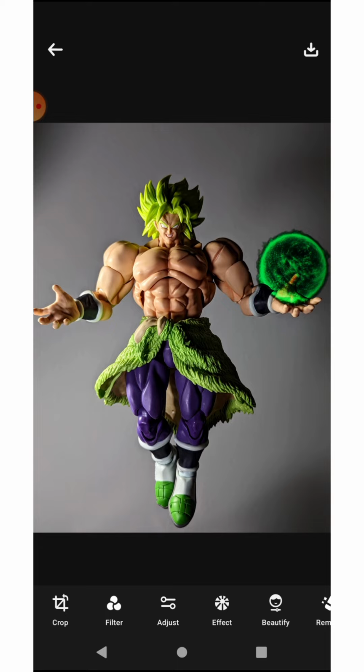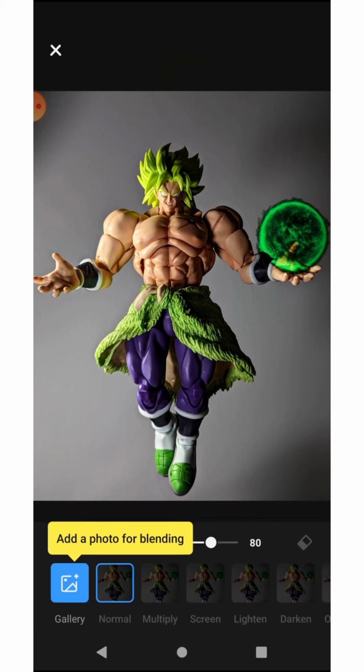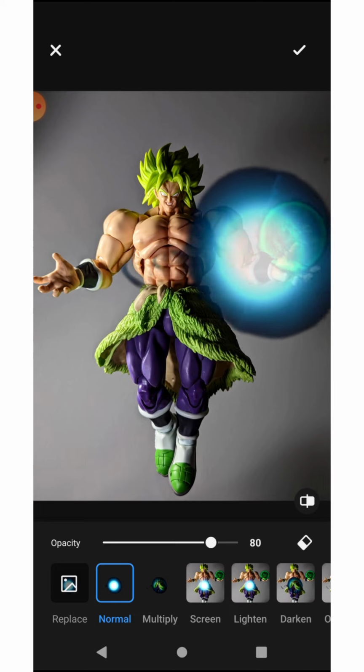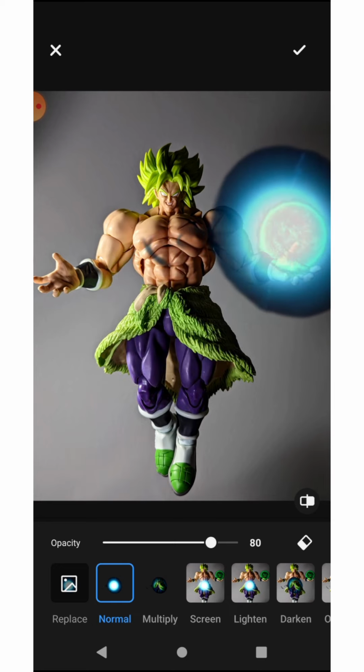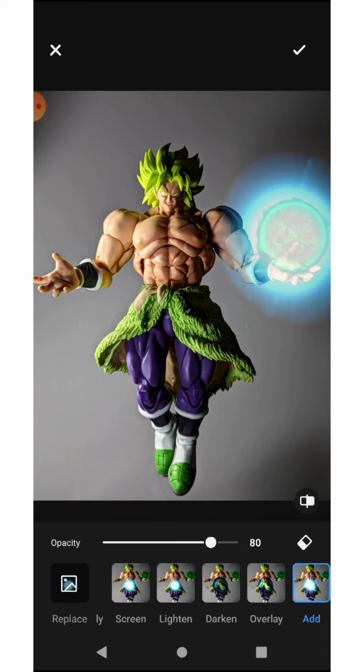And now, what we're going to do, once again, scroll over to double exposure. And we're going to add this picture. So, as you can see, oh yeah, something I forgot to do. I forgot to color this green. But either way, for the sake of example, here's something that you can do. You can overlay this effect,